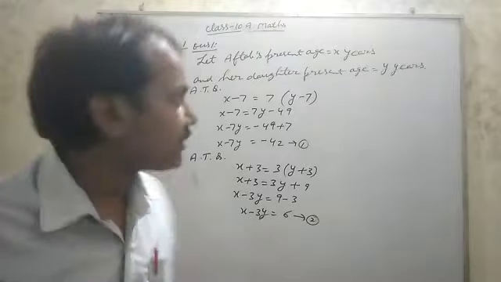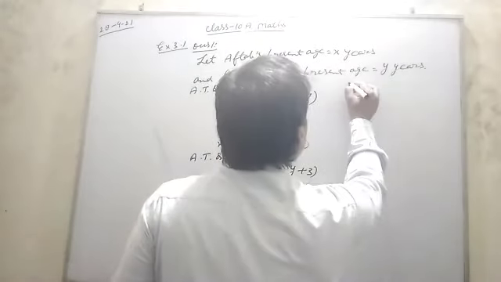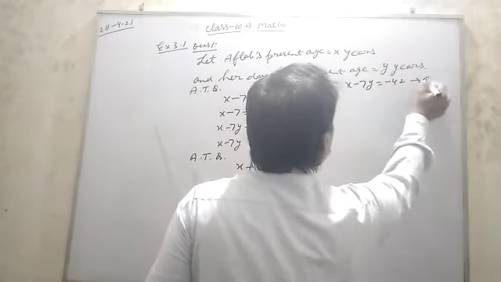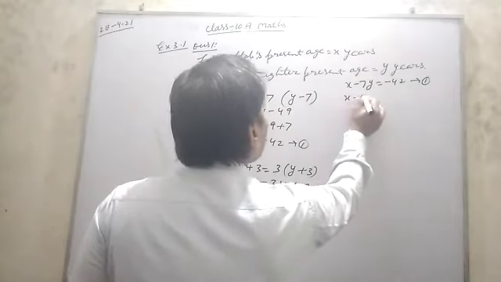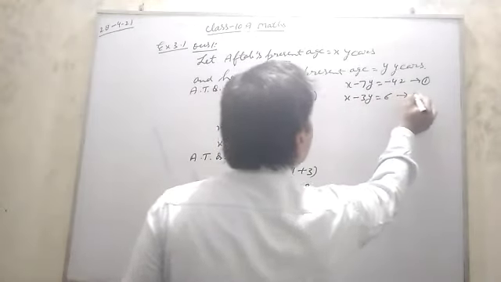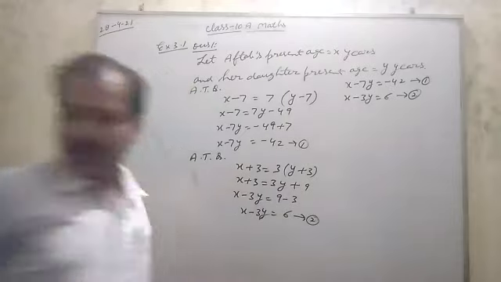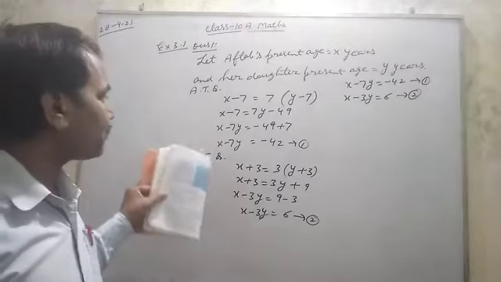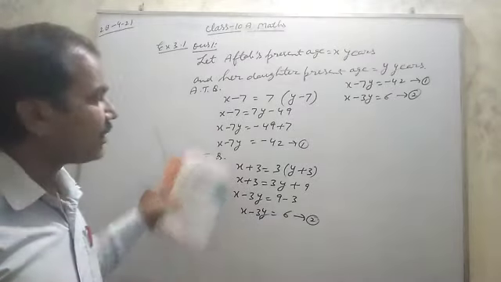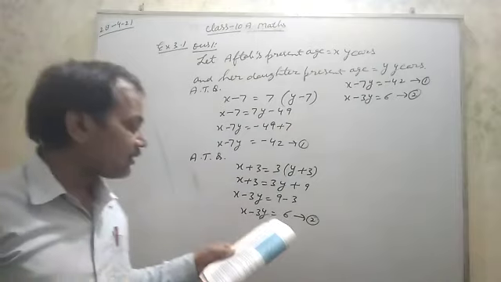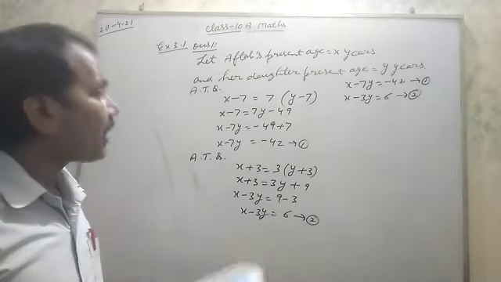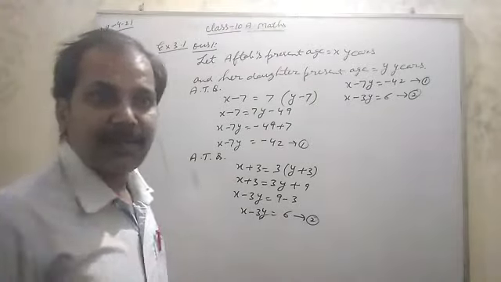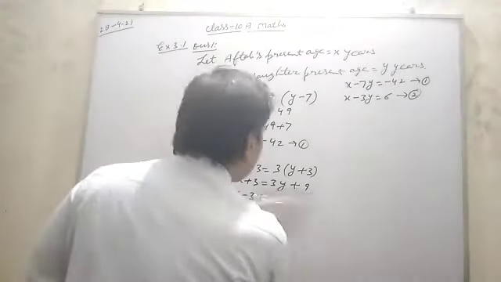Clear? So first you write these two equations: x minus 7y is equal to minus 42, equation 1, and x minus 3y is equal to 6, equation 2. Okay, so this first part represents this situation algebraically. That is equation 1 and 2, not asking for a solution here. And graphically means we have to draw these two lines on the graph paper. Okay, so that you see here.